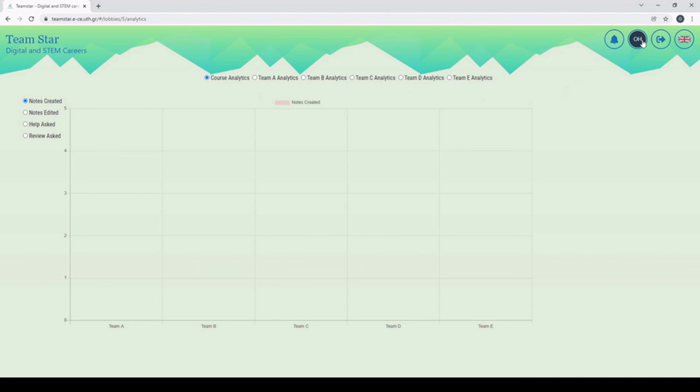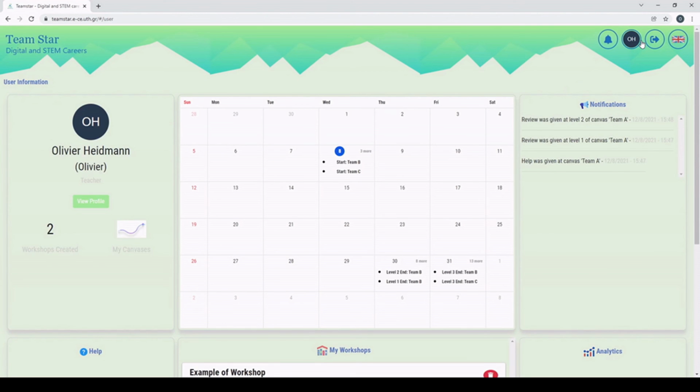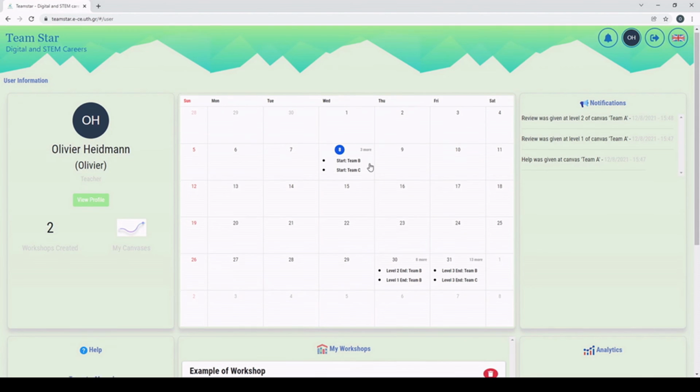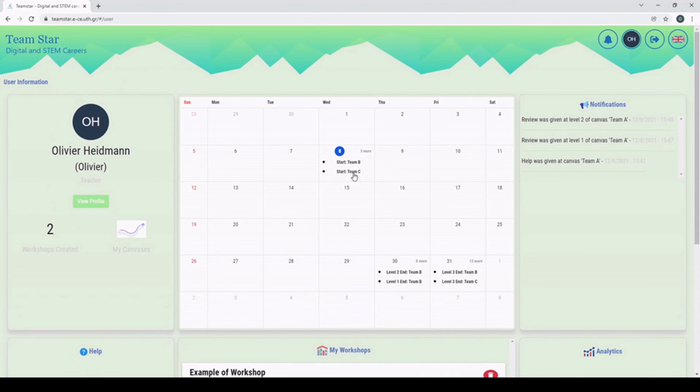If I go to my dashboard here, I can see the dates that I have inserted for the start of the different levels in my workshop. I can also see some notifications about the reviews I have given or the help I have given.